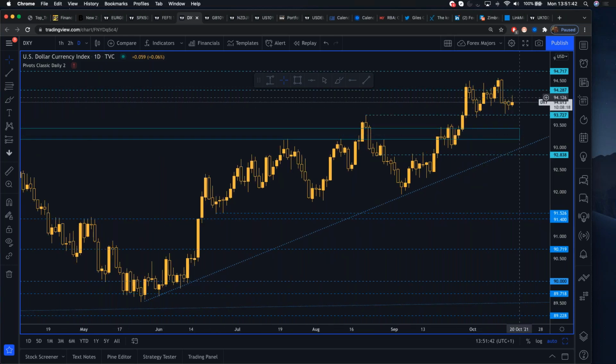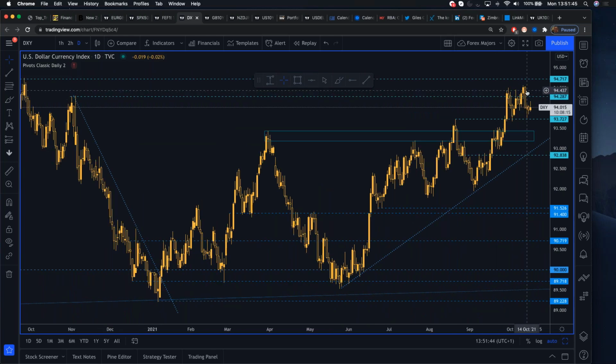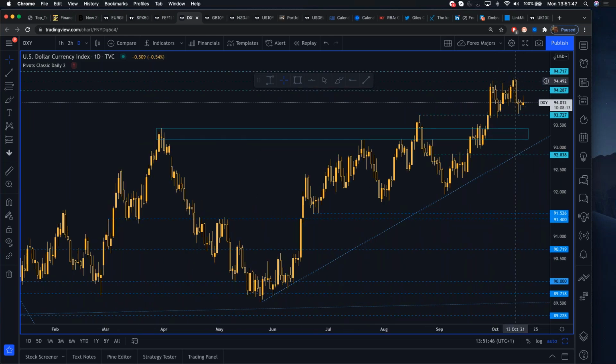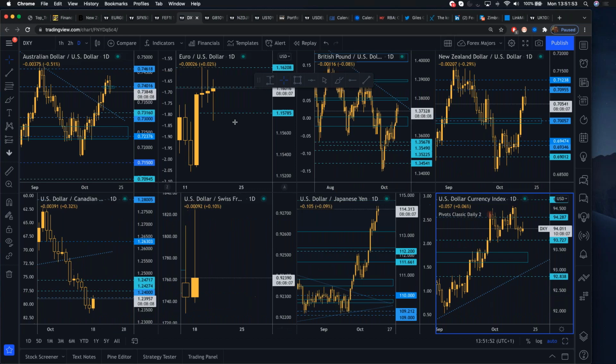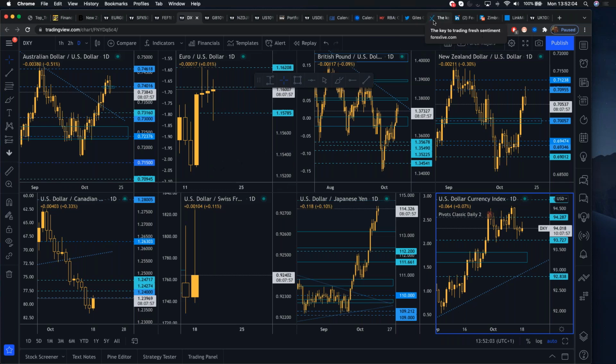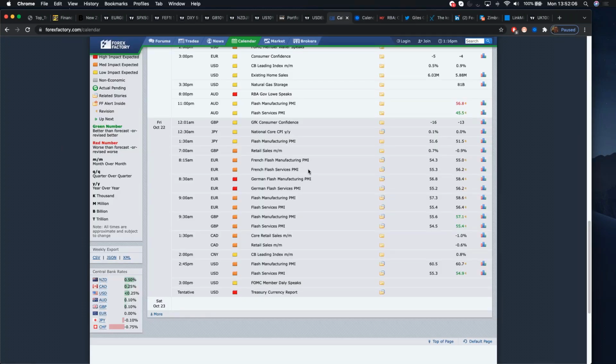So, you know, with the dollar unable to push above 94.50, the reflationary narrative would say the dollar's due a little bit of weakness. If the dollar does see some weakness, then you could expect that to lift the euro-US dollar higher. Okay, so keep an eye on the dollar to know what's happening with the euro-US dollar, and look out for that economic sentiment from Germany to potentially be a catalyst for fresh euro-US dollar action on the Friday.